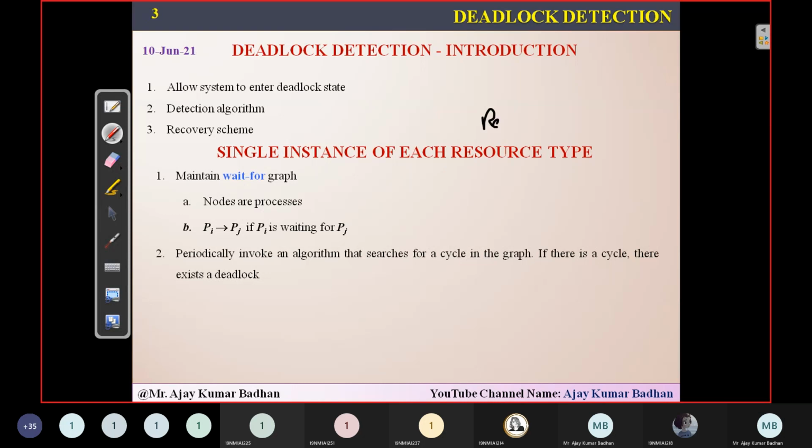In this case, if you talk about single instances, we are going to use a resource allocation graph. That is what we have seen in the previous session, where we saw something called a claim edge, when we were discussing the deadlock avoidance algorithm. Here also we are going to use a resource allocation graph, but this time it will be called a wait-for graph. When you come to the deadlock detection method, we will call the resource allocation graph a wait-for graph. Now, what exactly we are going to do is very simple. Whatever graph you are taking here, I will show you diagrammatically so that it becomes easy.